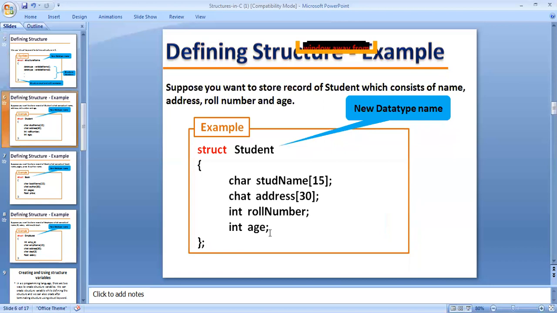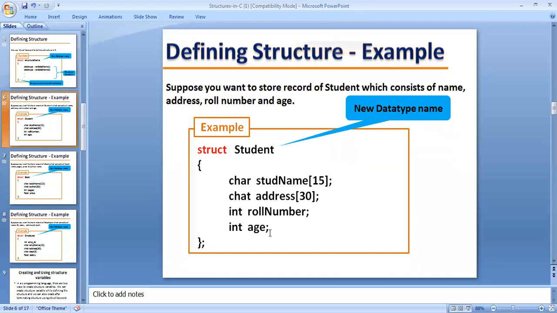Suppose we have to store the record of a student, which consists of the name, address, roll number, and age. We have to define the student data in a structure.